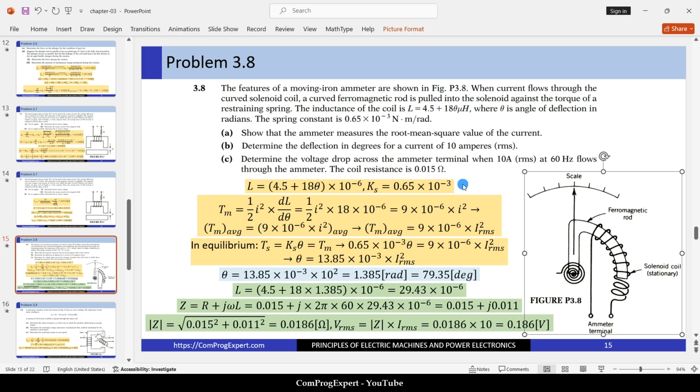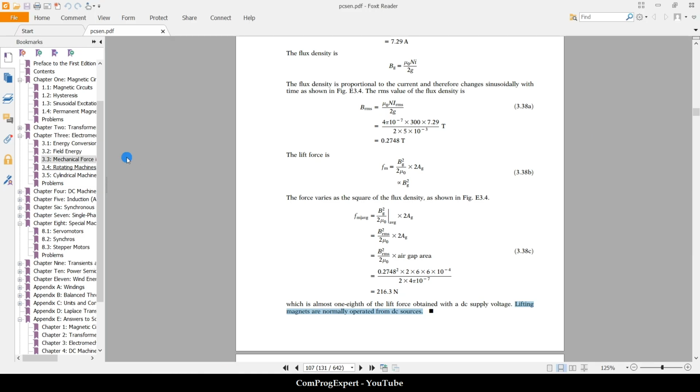So anyway, let's check the parts of the question. Show that the ampere meter measures the root mean square value of the current. We can have DC or AC currents or arbitrary waveform for the current in this coil. What is the value of the torque? Here in this section,